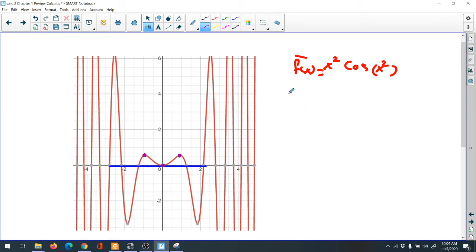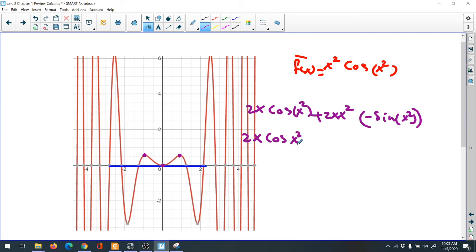Derivative of first, 2x times cosine x squared, plus you keep x squared but you need to do the derivative of second. Derivative of cosine is negative sine x squared, and derivative of inside x squared, which is 2x. Let's simplify it here: 2x cosine x squared, and negative times 2x to the second x would be negative 2x